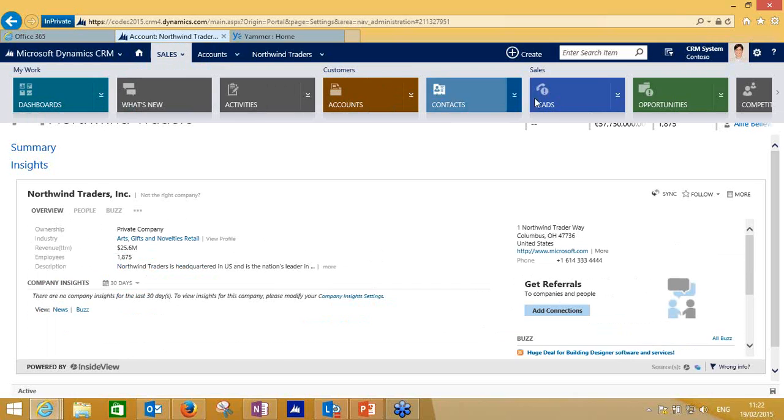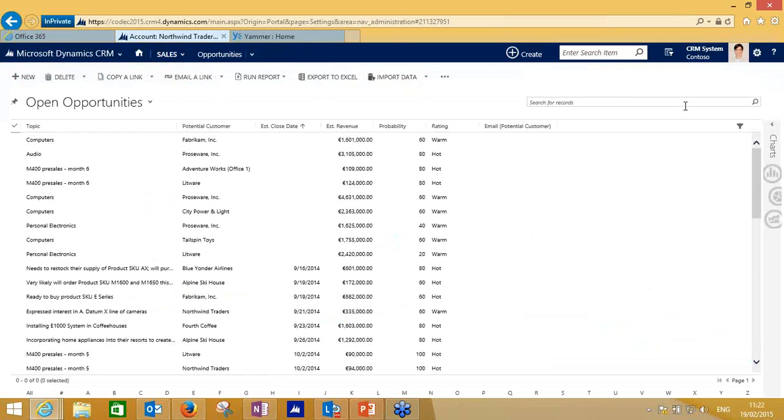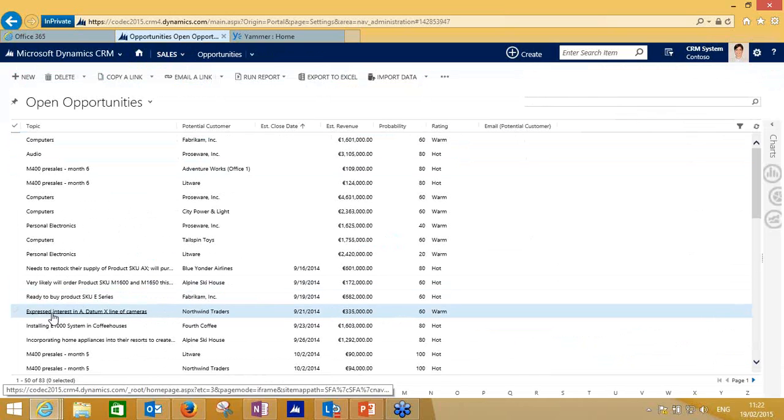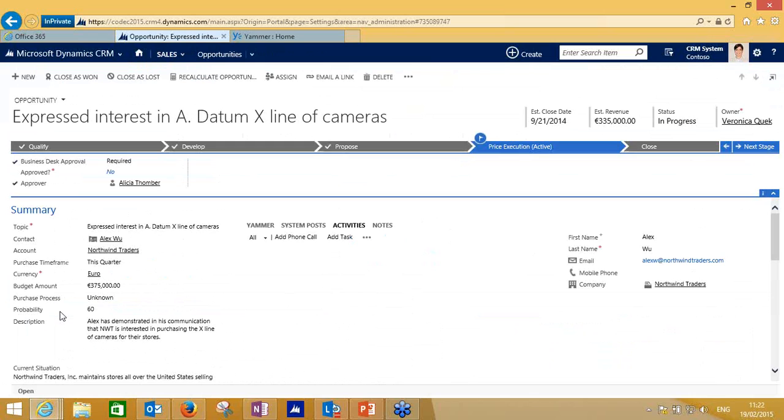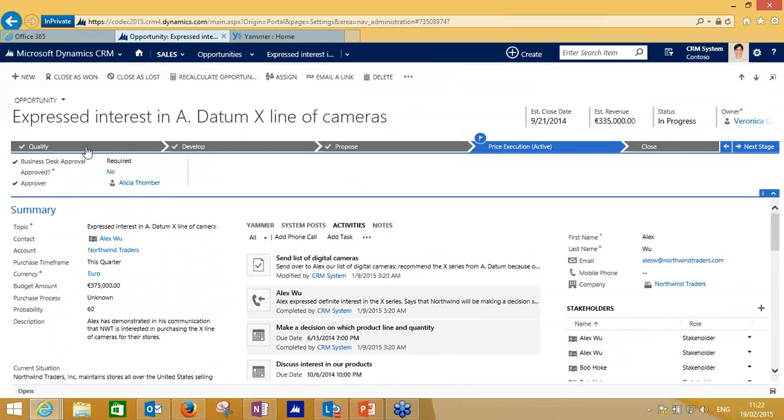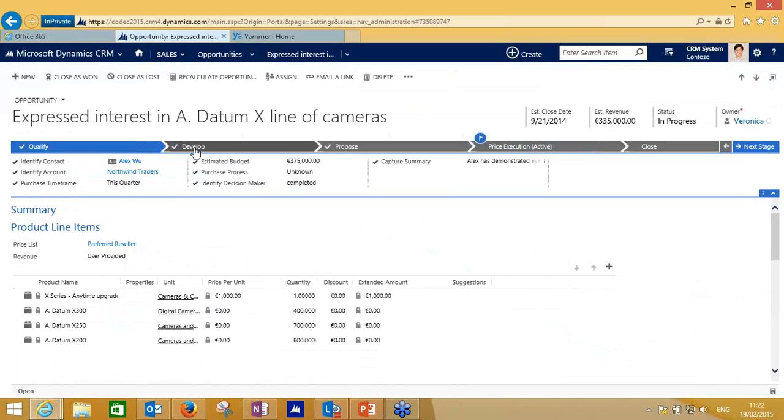So go to the business process flow. I'm going to open up one of the opportunities here and quickly go through the stages. What we mentioned earlier, there are different stages and different fields it has to capture. The way it directs the users to capture the right information, I think that's the main purpose for this